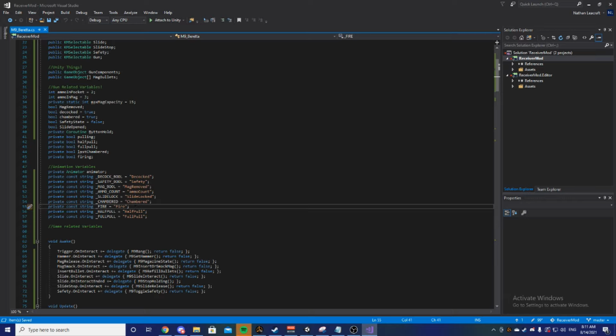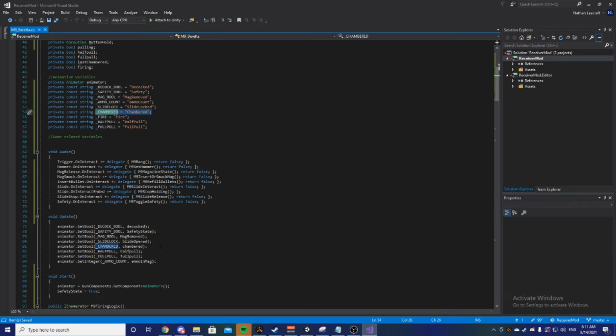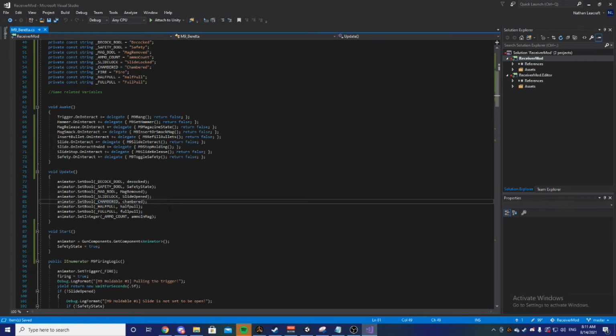The main things I would use, and the main things I've used in this to demonstrate those two things, is that fire is my trigger and chamber is my boolean. That is what I will be using for this purpose. In update,